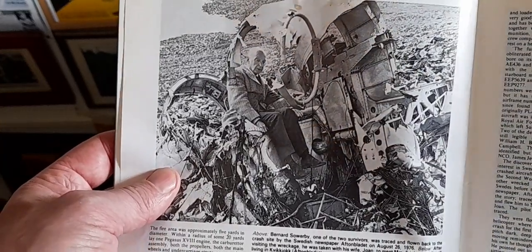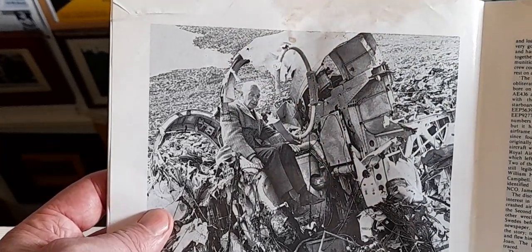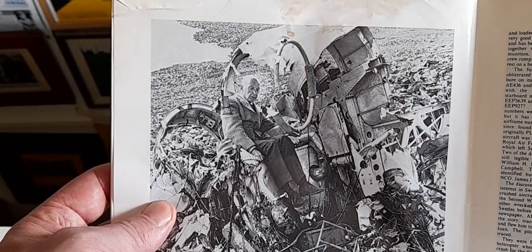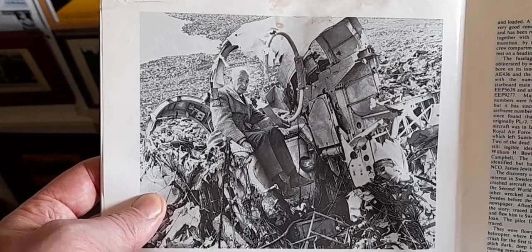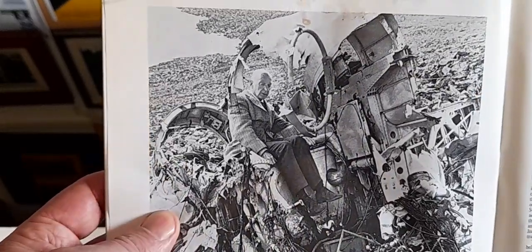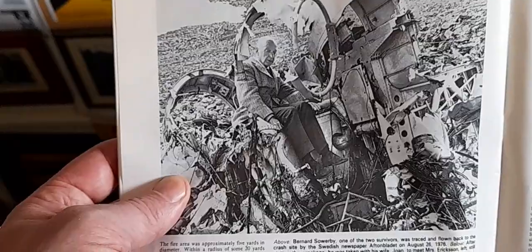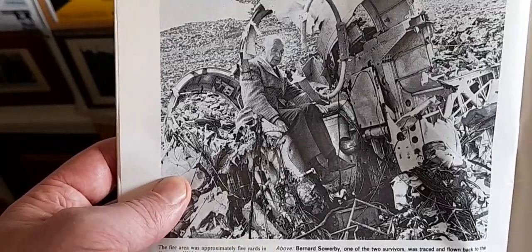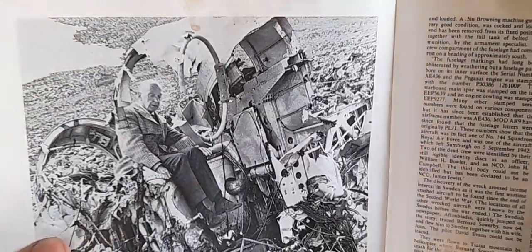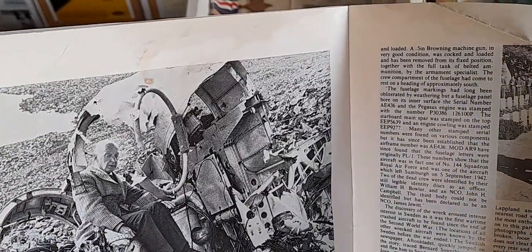But one of the Hampdens was shot down. See, they were going to help the Russians. This is bizarre, I never heard this one before. So I'll go back a little bit. They concocted the story that they were trying to fly to Norway, I think, and they got lost, so that they would get repatriated, which they did, because you're not supposed to be flying over neutral territory. But one of the Hampdens was shot down by the Russians